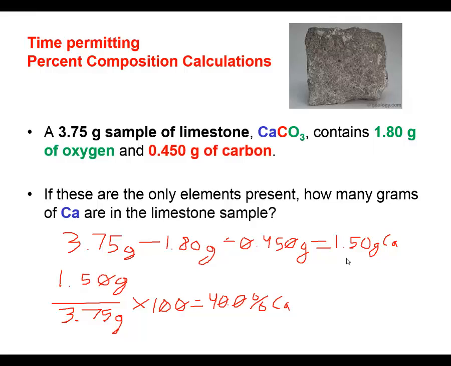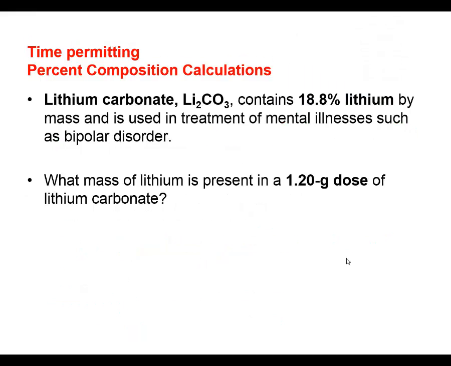Now let's apply what we know about mass percents a little bit here to some other types of problems. So let's say we are looking at lithium carbonate. Now lithium carbonate is used to treat certain types of mental illnesses such as bipolar disorder. But if we were told that lithium carbonate contains 18.8% mass by mass lithium, and we were told that a dose of the lithium was 1.20 grams, we could find out how much lithium is by mass with respect to that dosage. So we could take 1.20 grams of the lithium carbonate,